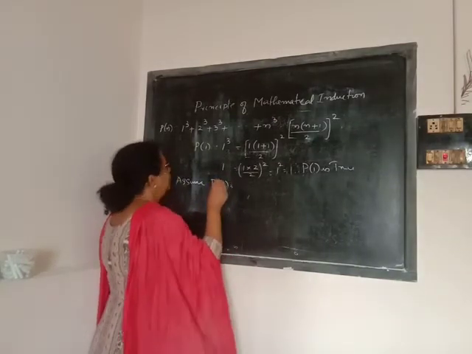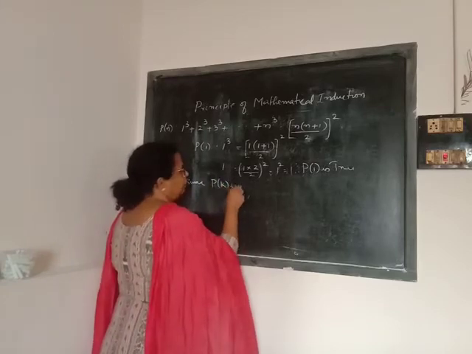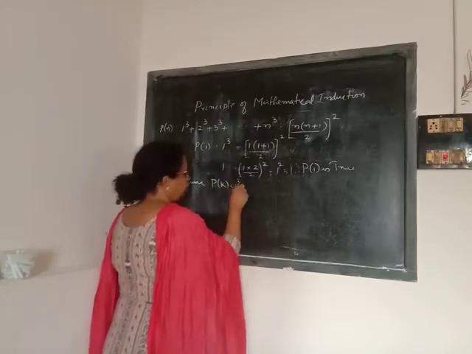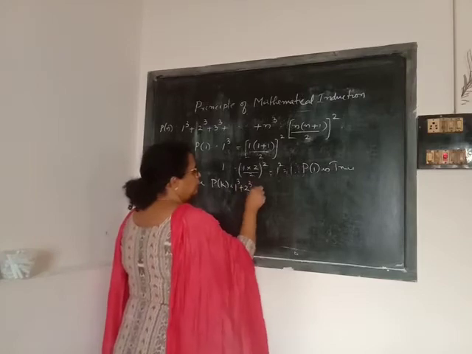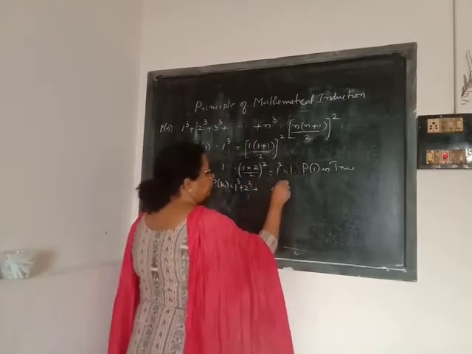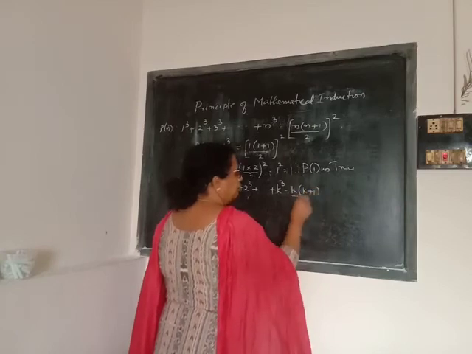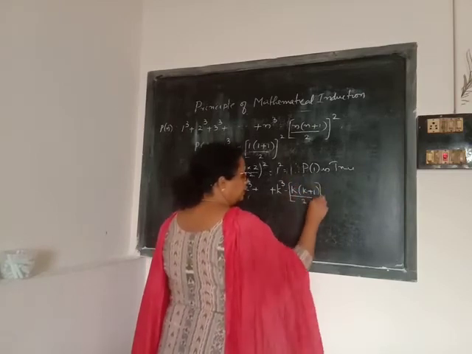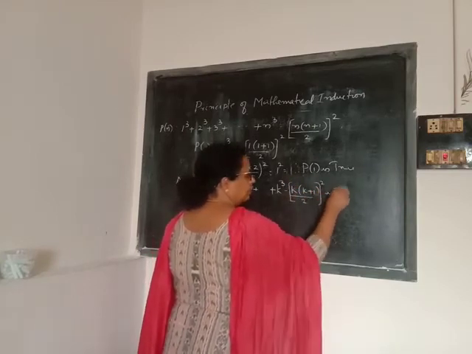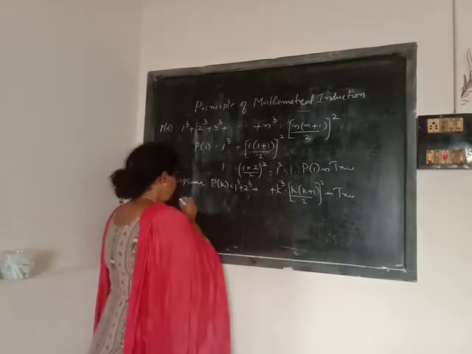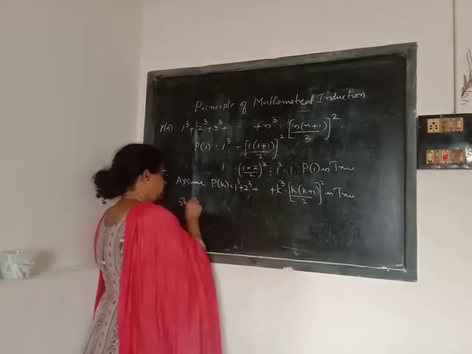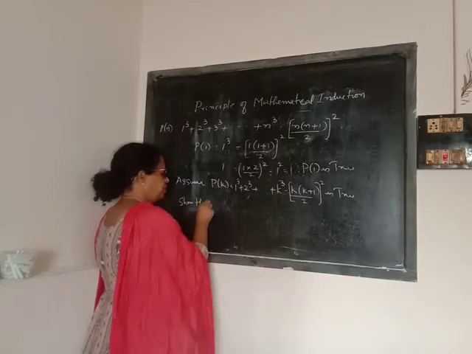What is P of k? Let us write P of k. We have to put n equal to k, that's all. 1 cube plus 2 cube plus etc. plus k cube equal to k into k plus 1 by 2 whole squared is true. We have to show that P of k plus 1 is true.